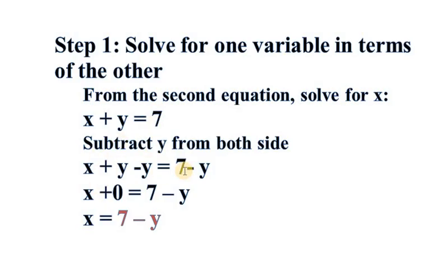የምንጠቀመው ማለት ነው። Subtract y from both sides: x plus y minus y is equal to 7 minus y. And y minus y is 0, so x plus 0 is equal to 7 minus y ይመጣል። x is equal to 7 minus y is our step 1 result ይሆናል ማለት ነው፣ የስቴፕ 1 ውጤታችን ይሄ ይሆናል ማለት ነው።